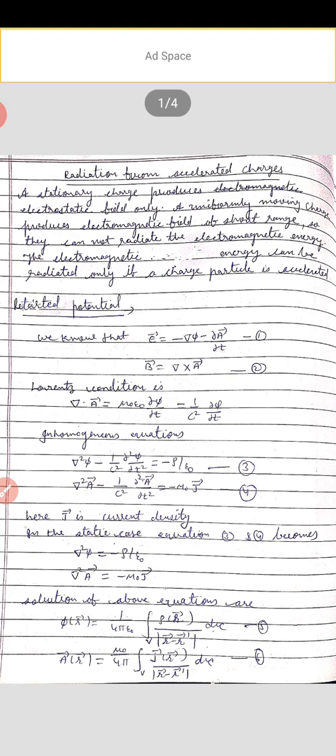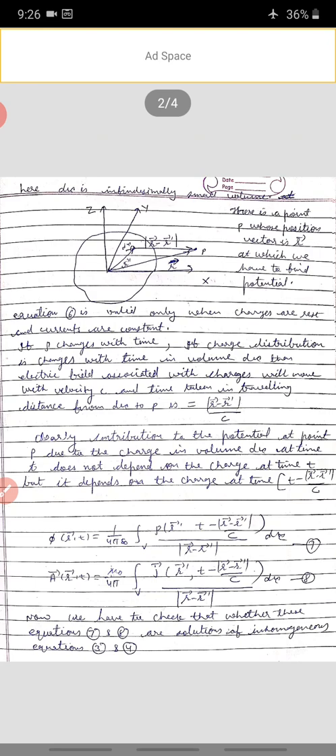phi of r is equal to 1 upon 4 pi epsilon naught volume integral rho d tau divided by modulus of r minus r dash. Similarly, A of r is equal to mu naught upon 4 pi volume integral J of r dash d tau divided by modulus of r minus r dash. These are the solutions of the above equations. And here d tau is an infinitesimally small volume,